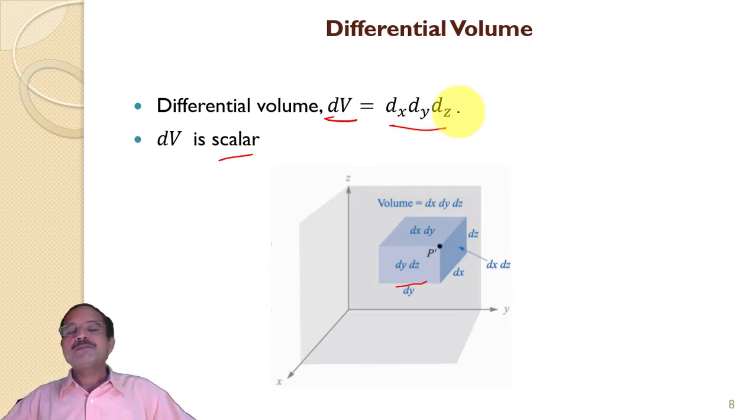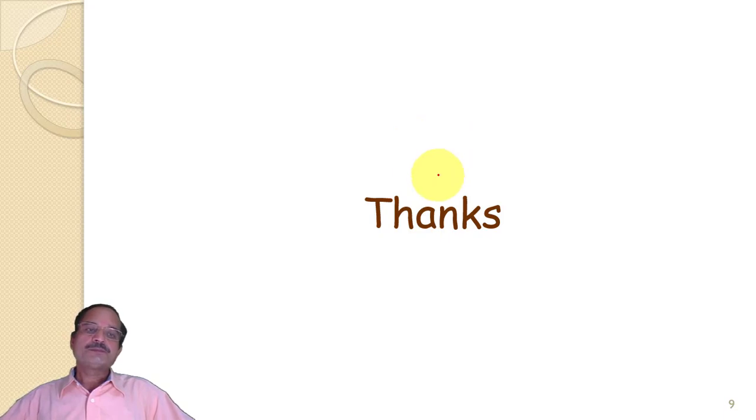So these are the fundamental things we will need related to the Cartesian coordinate system. Next time we will discuss the cylindrical coordinate system, and all the similar parameters we have studied for Cartesian coordinates will be studied for the cylindrical coordinate system. Then we will also discuss the conversion from one coordinate system to other coordinate systems. That we will discuss in the next lecture.